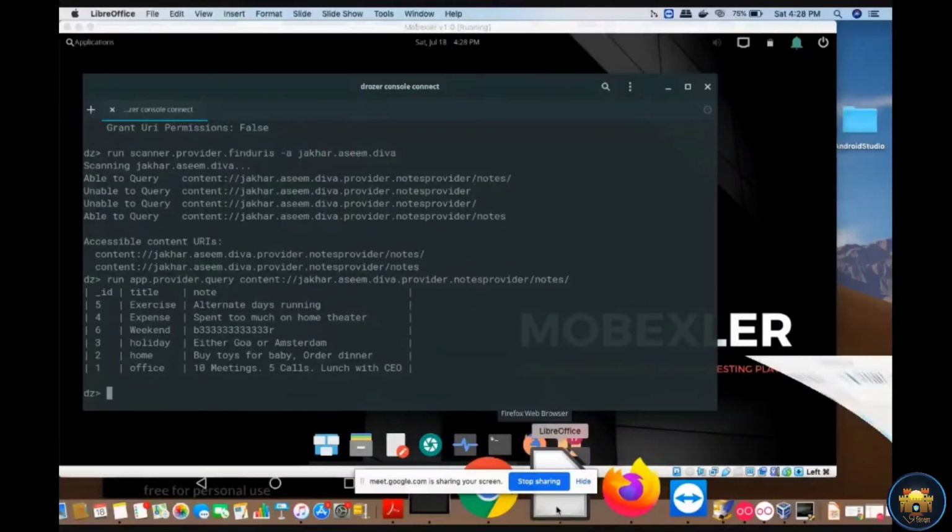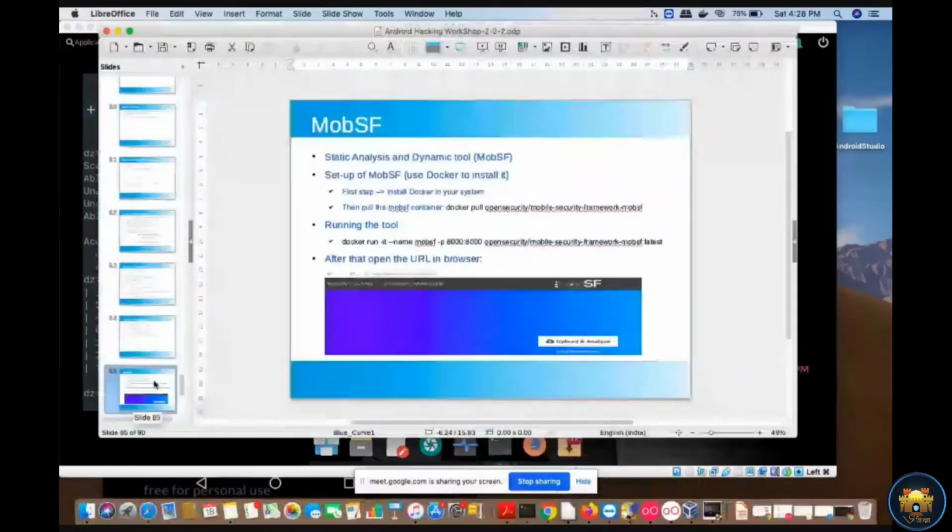So this is the Drozer console which I have covered, and the next one is MobSF, right? MobSF is also a static analysis and dynamic analysis tool, and mostly in our pen testing process we use MobSF for doing the static analysis of Android as well as iOS applications.